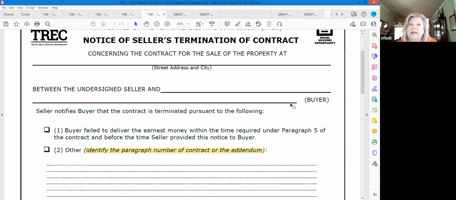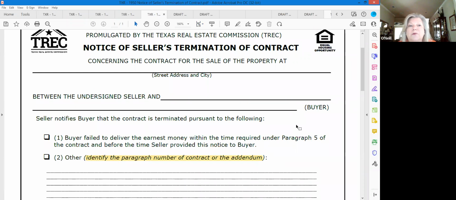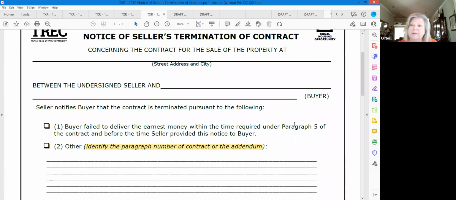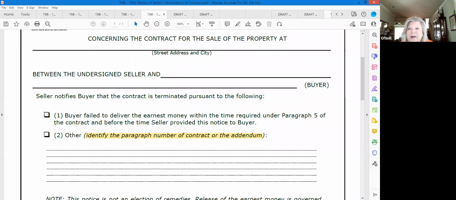Now, this one is the notice of seller's termination of contract. And why did we just get this form a few years ago? Because TREC allowed in the contract in paragraph 5 a provision clearly saying that if the earnest money was not deposited per the terms of the contract by the buyer, the seller had the right to terminate the contract. Okay, so that's paragraph 1 of this, right? That's going to reference that the buyer failed to deposit the earnest money per the paragraph 5. Now 2